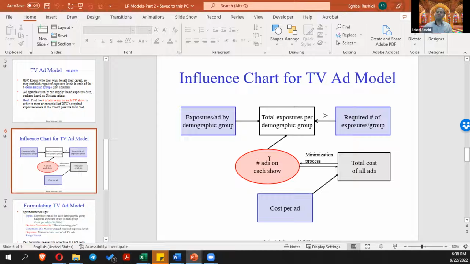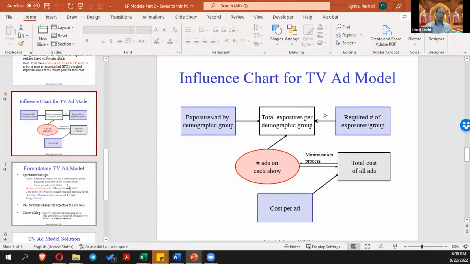Our decision itself is also going to dictate the total exposure per demographic group, which has to be greater than or equal to the requirement for the company. And this total exposure is also influenced by the exposure per ad for each demographic group. So again, this is a step to write the model. If you feel more comfortable going into formulating the model right away,